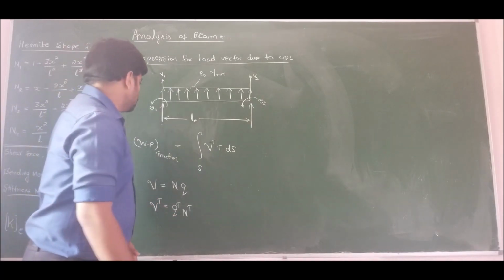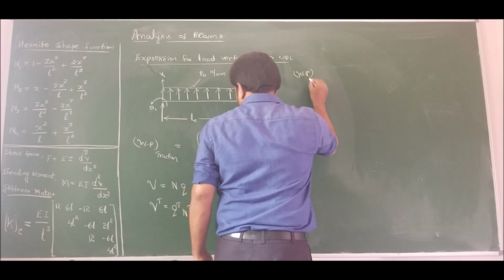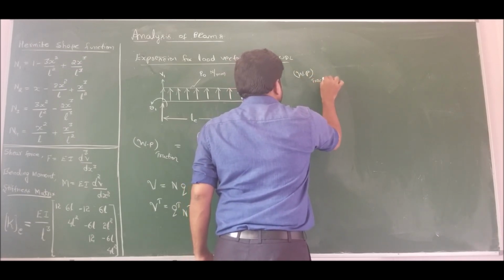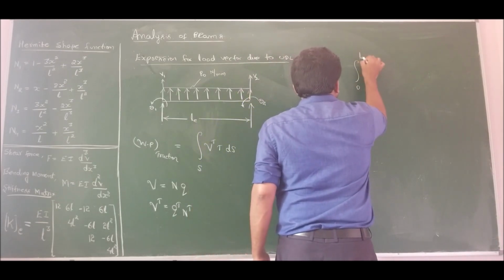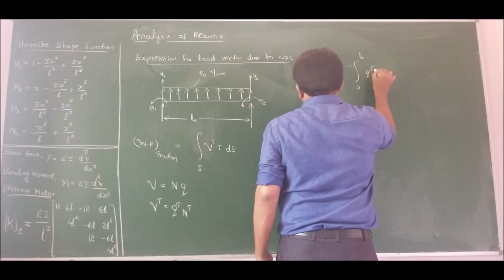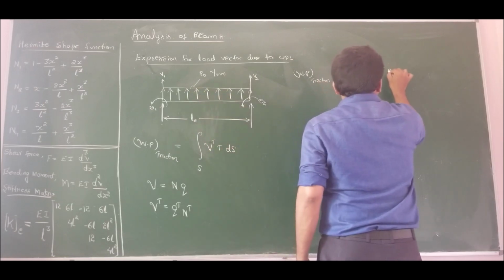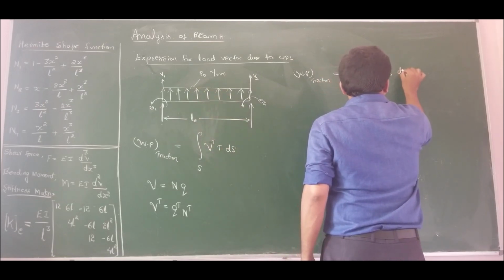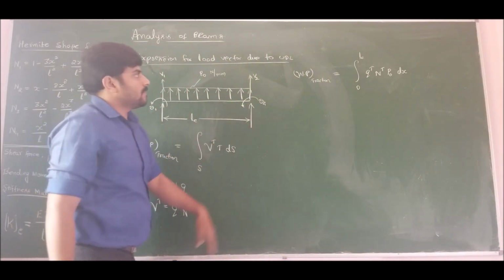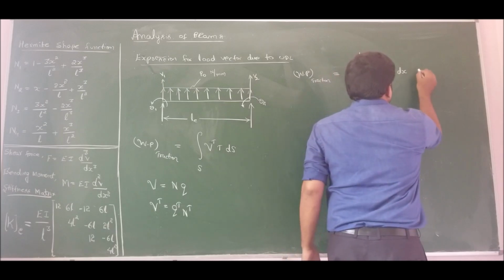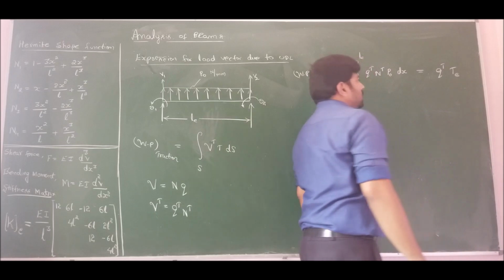So now I am substituting V transpose as Q transpose into N transpose. I will end up with the work potential due to traction equal to, let us integrate it over the length, Q transpose N transpose. Here the traction is P0 newtons per millimeter, so I should integrate with respect to x, where x varies from 0 to the length of the element. So in the standard form, I can write it as Q transpose into the traction load vector of that element.